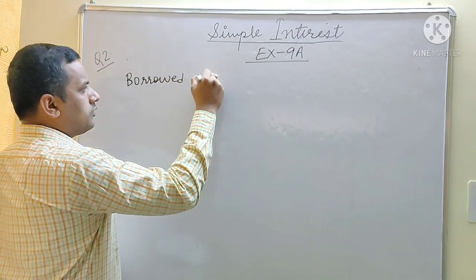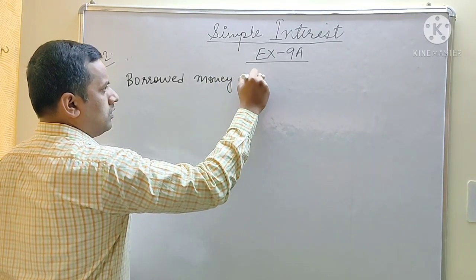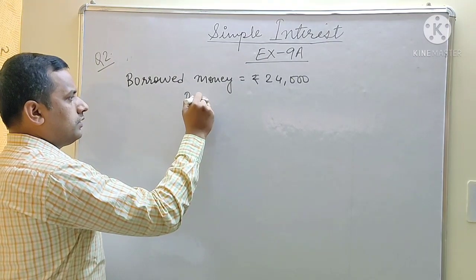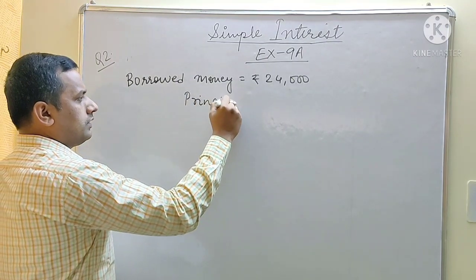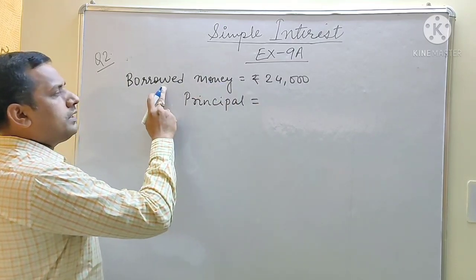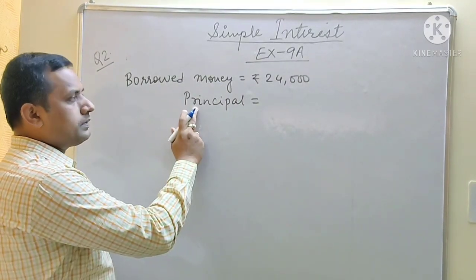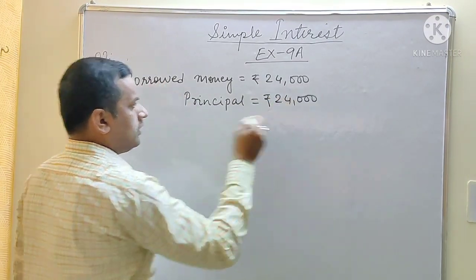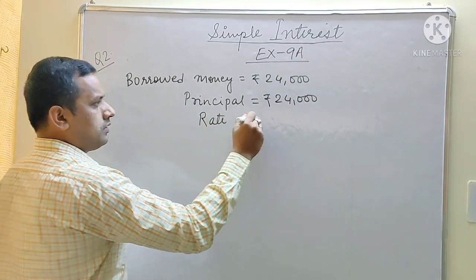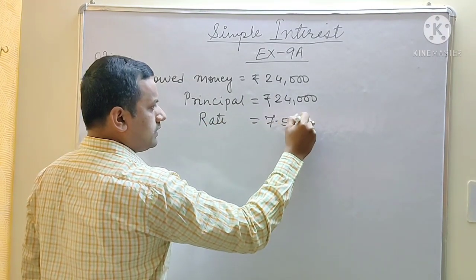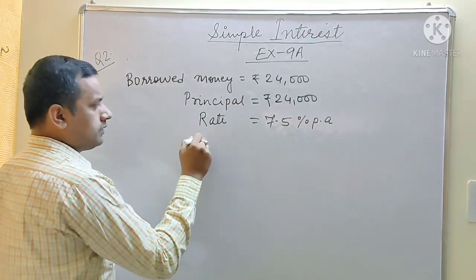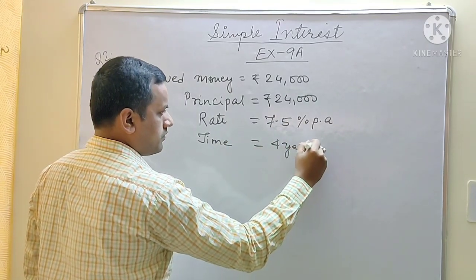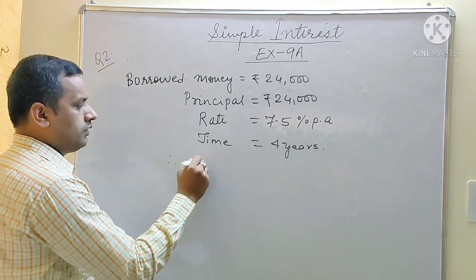Here the borrowed money is given equal to rupees 24,000, which is my principal. Already I have discussed in the first class that borrowed money, lent money, principal and sum all are the same, which is 24,000. Rate given is 7.5% per annum and the time is 4 years. Therefore, we can write